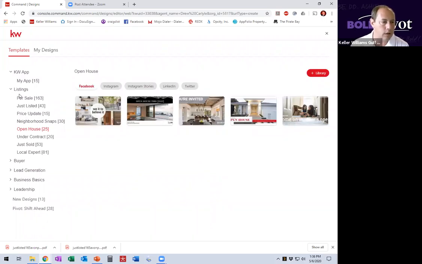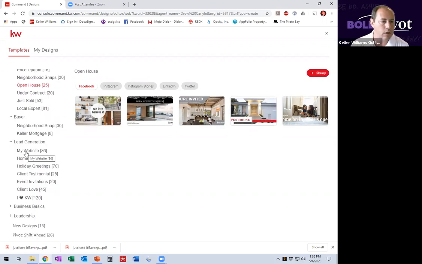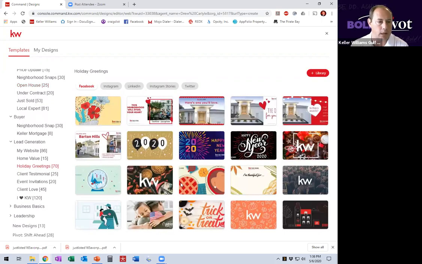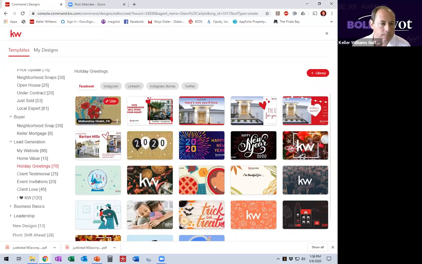And it's not just for promoting listings. It could be also to get buyers by sharing a neighborhood snap. They've got lead generation. So look at this. They have 86 different designs on promoting your websites. Or if you want to do a home value, they create holiday greetings all the time, and they're pretty timely on those things. So, you can see where they had Valentine's and New Year's and Thanksgiving, all that type of stuff. And some of them,